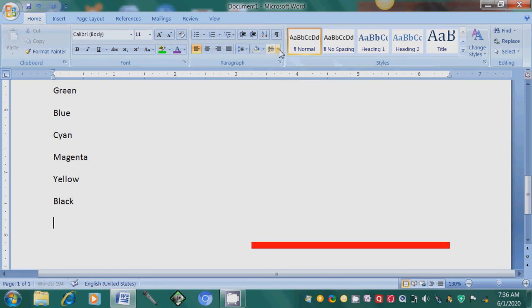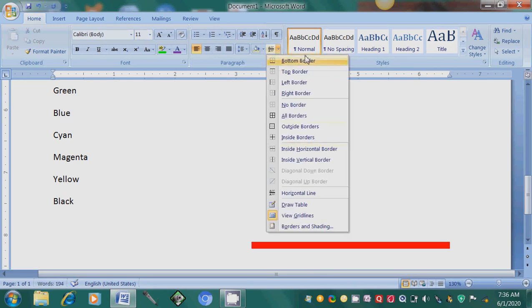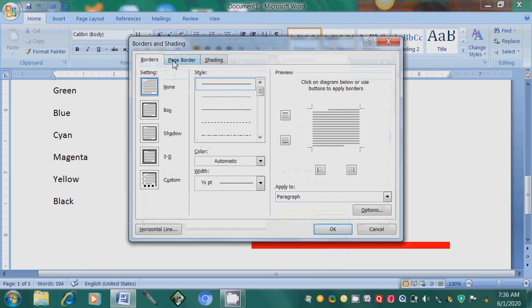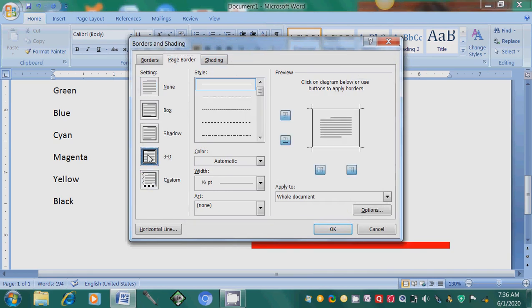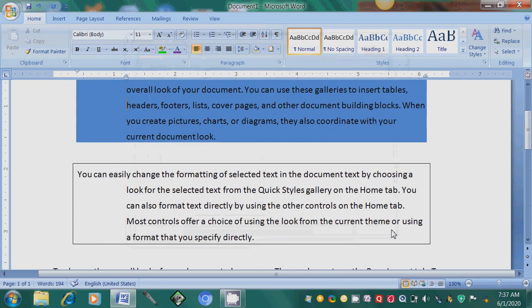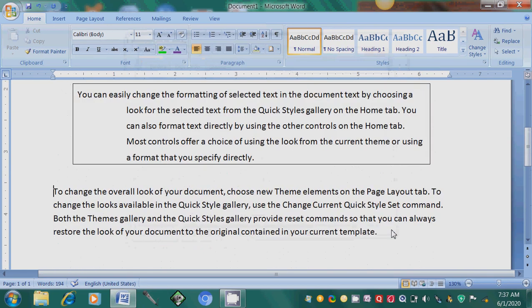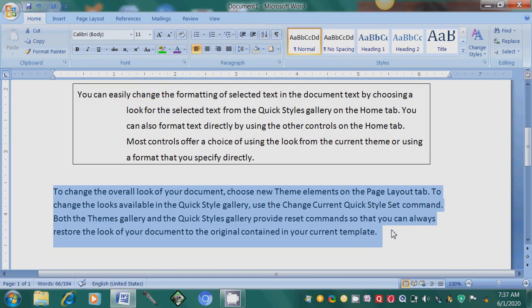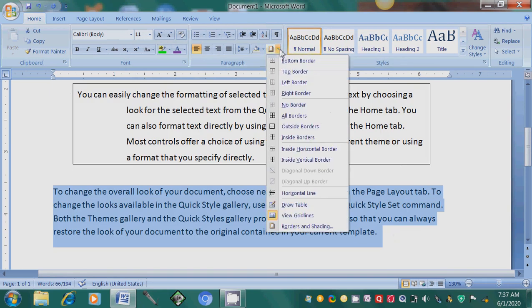Now, see again, we discussed horizontal line, borders and shading. You can apply borders. Borders we discussed earlier. Select the text and apply a border. You can choose any style from here also. You can give width, select some text, and click on different borders.